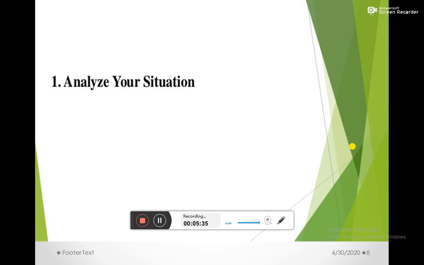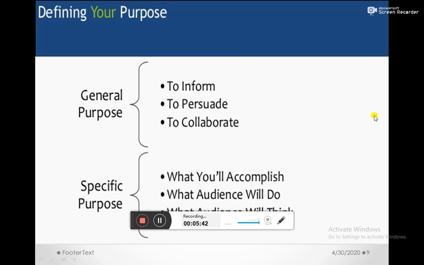Before going further, keep this in your mind: if you want to make notes, you must listen to me very clearly. These slides will help you in this lecture, and my lecture will help you make notes as well, because I'm going to discuss very briefly each and everything in this slide and in upcoming slides.